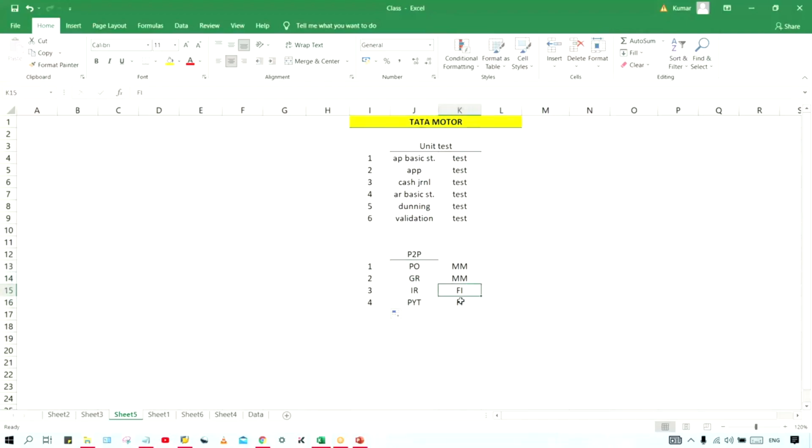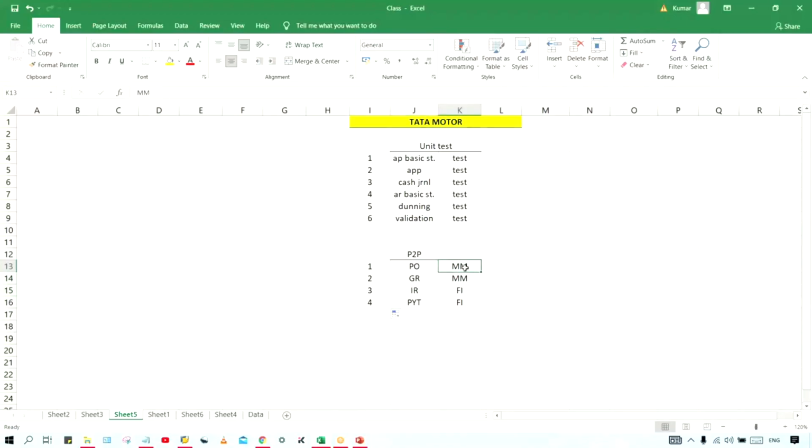Look here. This is called a cross module test. Cross module means we are having dependencies on another module, right? So here there is always an involvement of two modules. So there is integration, or you can say an interlink, between FI and MM, right? So this P2P is the classic example of integration test. Two modules are integrated, linked with each other, and one particular process is made, that is called P2P.